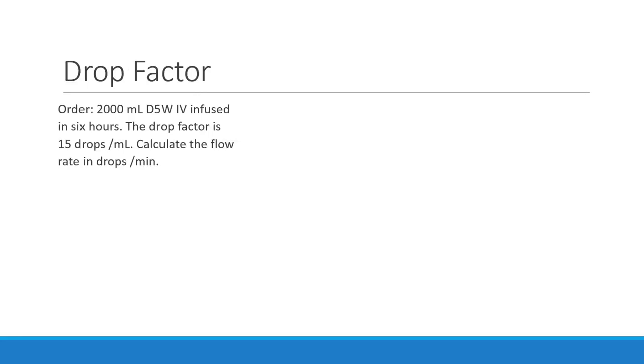Okay, so let's try this next one. The order is 2000 mLs D5W IV infused in 6 hours. The drop factor is 15 drops per mLs. Calculate the flow rate in drops per minute. So what am I looking for? I'm looking for drops over minute. On here, what can I use? I'm going to start with my drop factor because that has drops in it. I'm going to put 15 drops